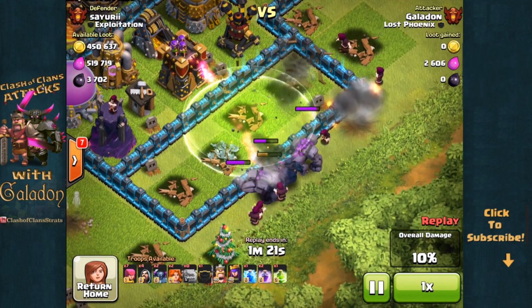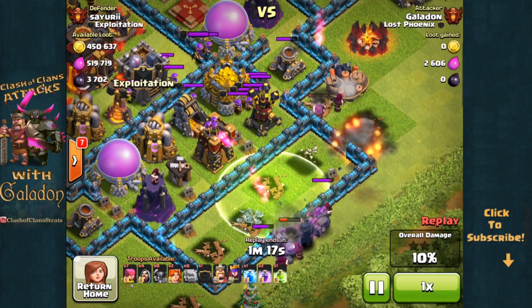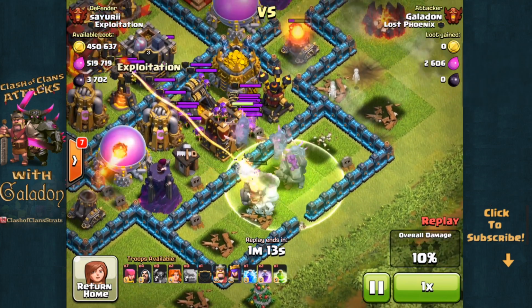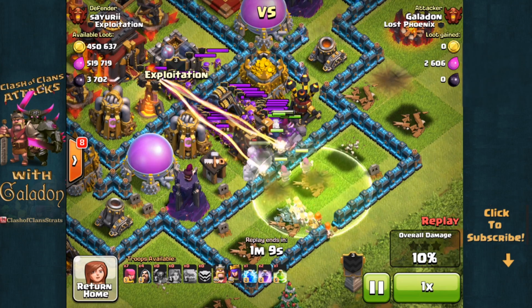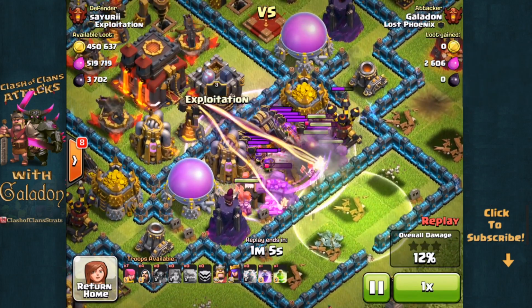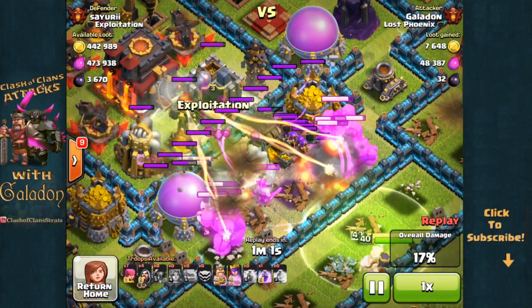Units are stuck trying to get through that outer wall. I finally drop a couple of P.E.K.K.A to help get through that wall. Now they're finally through. Wizards have gotten those other structures out, and now everybody goes over the inner part of the jump spell. Now I release the Valkyries in there, hopefully going to get in there and wipe out a bunch of structures. Got the lightning spell for the clan castle troops, got the rage spell in for my Valkyries,